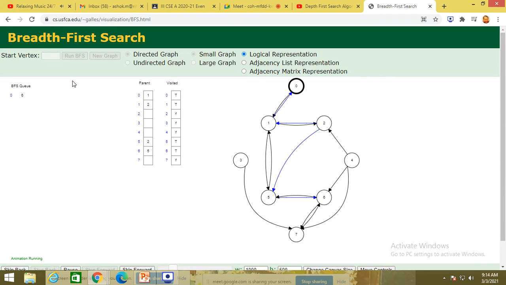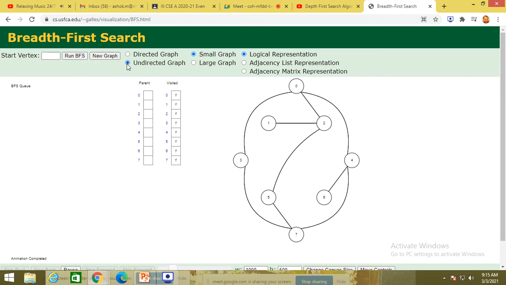Since it is a directed graph, it would be nominal for you to visit the available nodes. If I'm going to change it to an undirected graph, now I'll give 0.